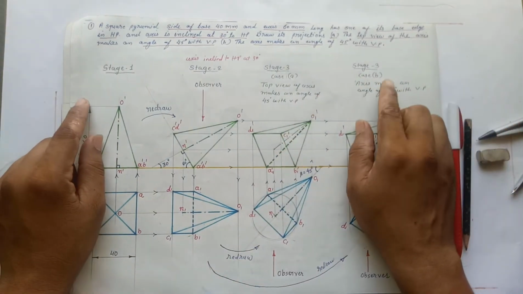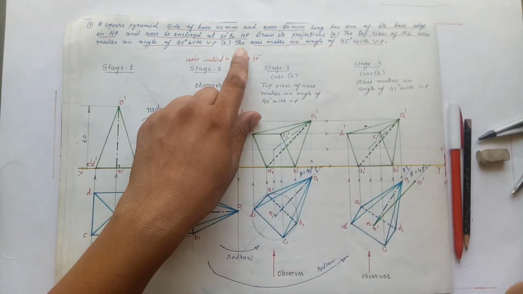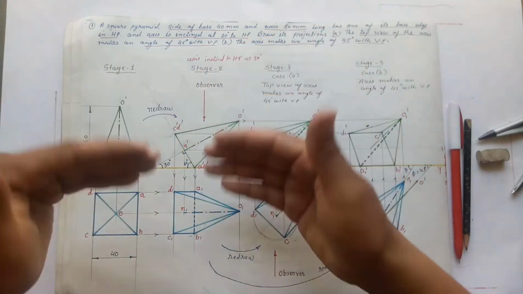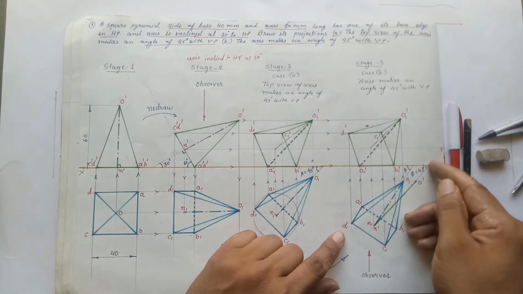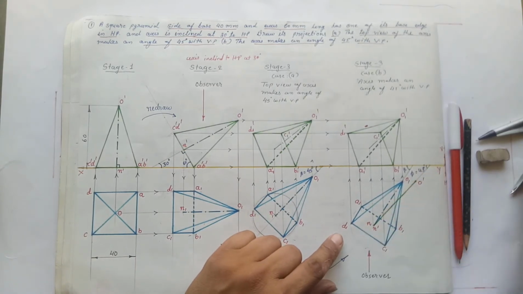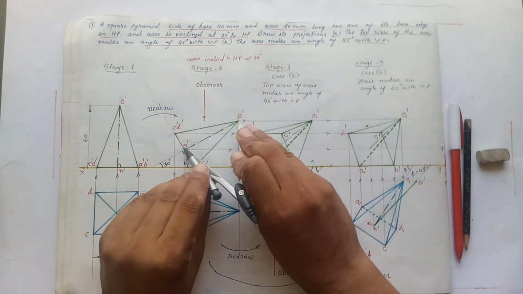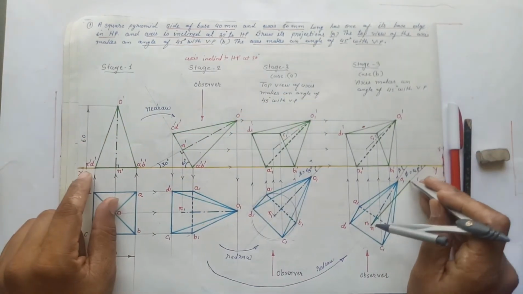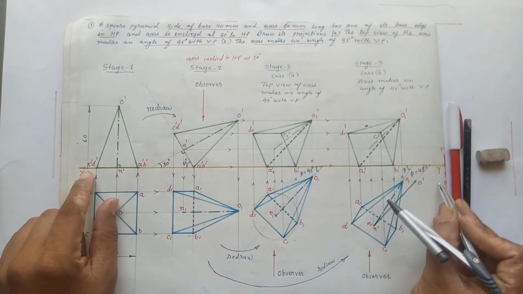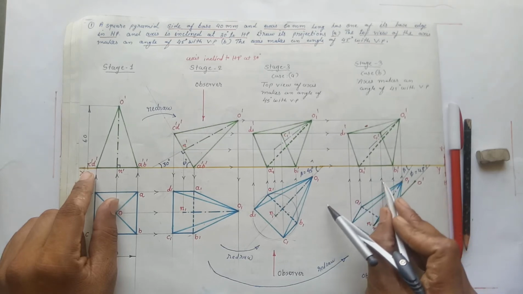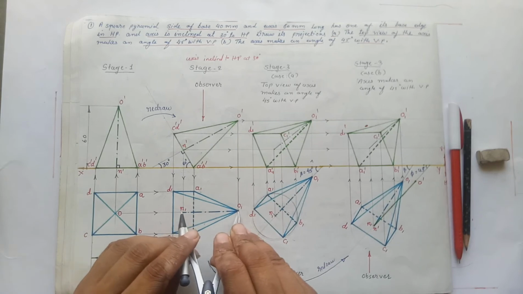Now part B of the third stage, in which it is given that the axis makes an angle of 45 degrees to VP. Now, not the plan, the top view of the axis makes an angle of 45 degrees. So first of all measure the 45 degree angle, and on this 45 degree angle measure the length of the axis, O dash and dash. Mark O dash and dash. Now draw a line from O dash parallel to the XY reference line. Now measure O1 N1